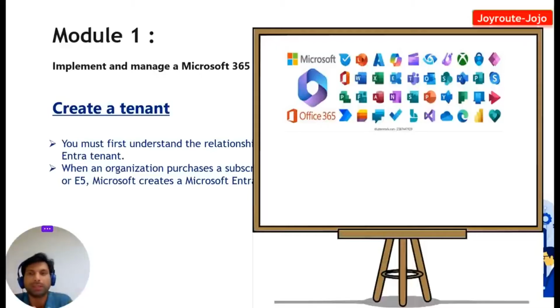So all these services we get once we purchase a Microsoft 365 plan. According to the plan, you get these services. So when an organization subscribes to a Microsoft 365 plan, it creates some user accounts, assigns licenses to those accounts, and manages subscription settings. When an organization purchases a subscription to a Microsoft 365 plan, such as Microsoft 365 E3 or E5,